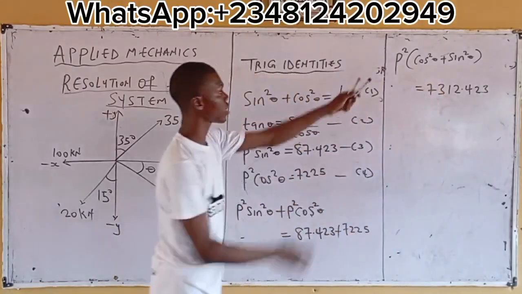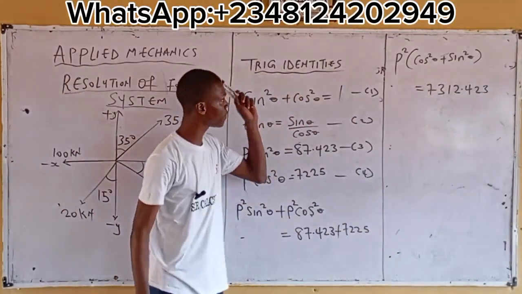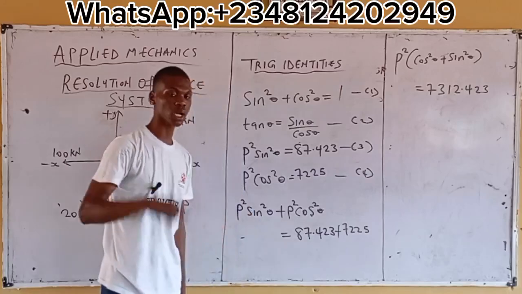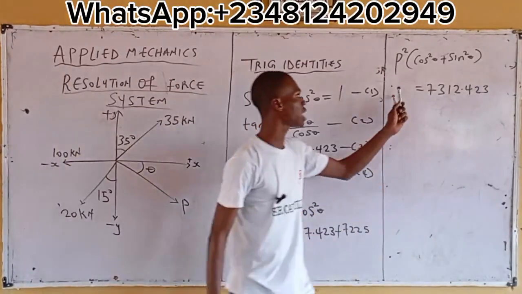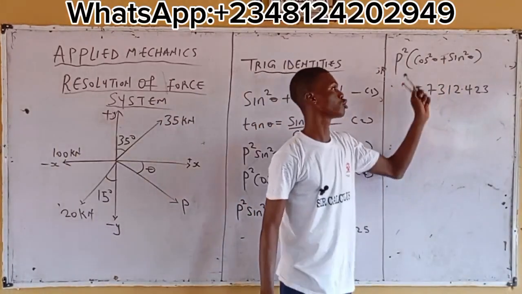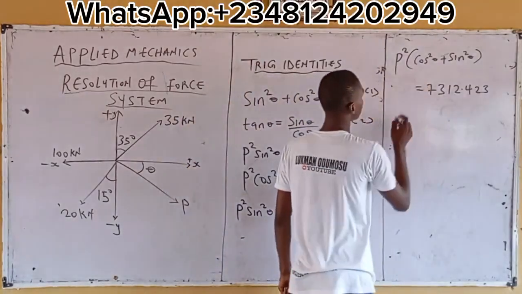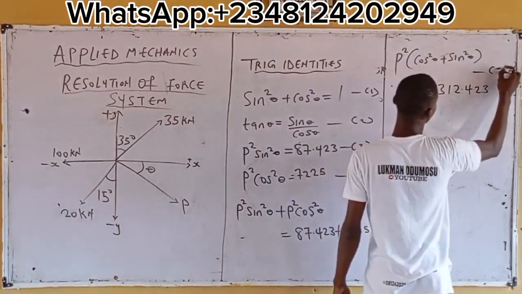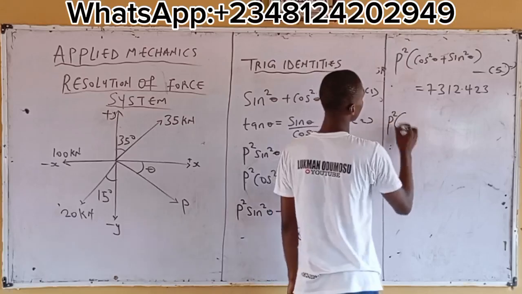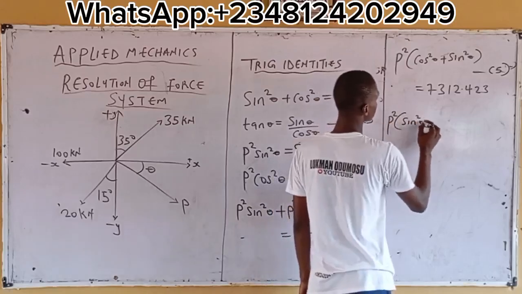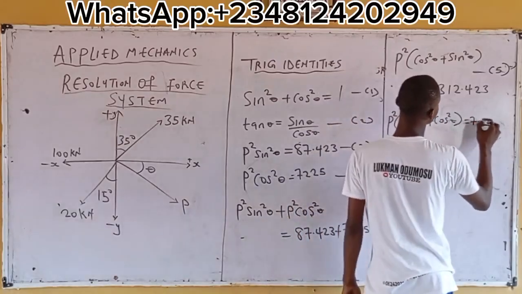Now from here we've gotten this, right? This is where the idea of trig identity comes in. By the first trig identity, sine square theta plus cos square theta is equals to 1. Meaning, anywhere I see sine square theta plus cos square theta, what am I going to substitute? 1. But before then, we can call this equation 5. We can write equation 5 as P square all into brackets sine square theta plus cos square theta is equals to